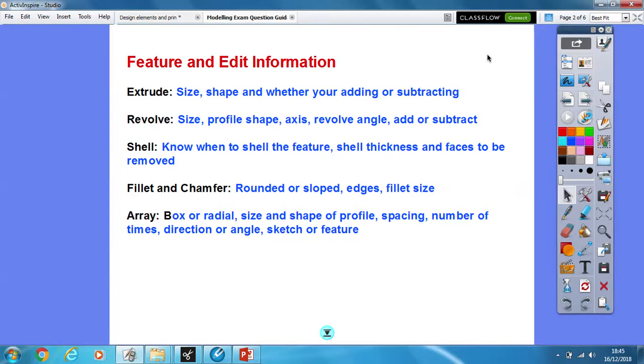On this slide, for the features and for the edits, what I've done is I've added the information that you need to include in your answer when describing how you would complete the construction of a CAD feature in Autodesk Inventor. So for extrude, when you look at the drawings in the paper, the orthographic drawings, you need to be able to identify the sizes of the extrude that you need, the shape of the extrude, and whether you're adding or